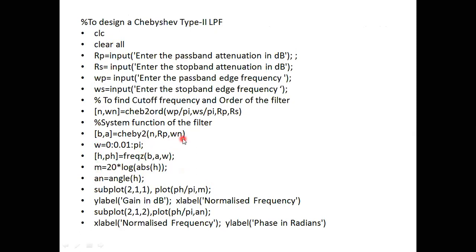Clear? So for low pass filter, here you have not written the low. That command you have not written. Means by default it will give the response of low pass filter. For high pass filter, you need to write high. For band pass, you need to write the bandpass. For band reject, you need to write the stop. Clear? For Chebyshev, only you need to change these two commands. Others, all steps are same.